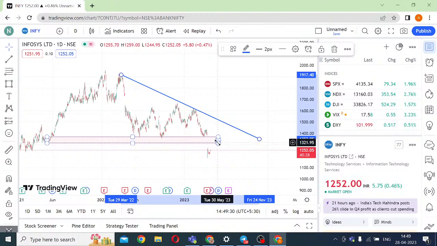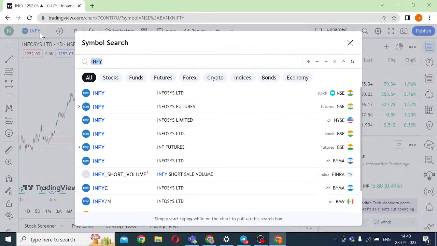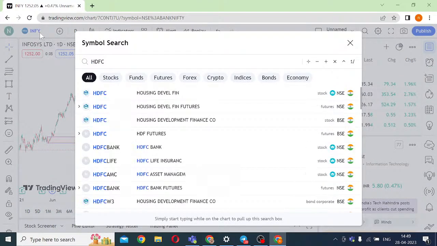So if it hits the resistance once, it will come down and consolidate. Sometime around July, I would expect some action in this. Right now, if you see it's below all the supports, I would not touch this stock for some time. In the IT pack, you have better. I think the TCS chart was better than this, so I picked up TCS from a swing trading standpoint. Yeah, we'll look at HDFC AMC.